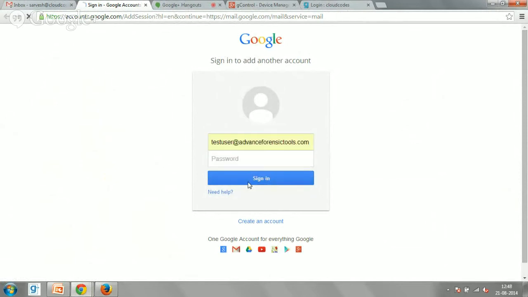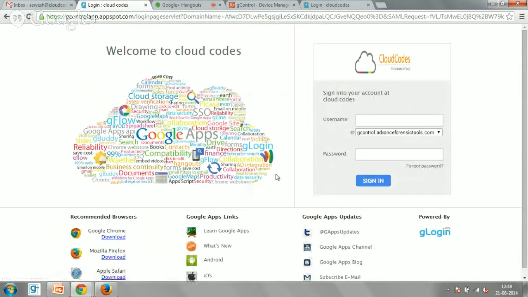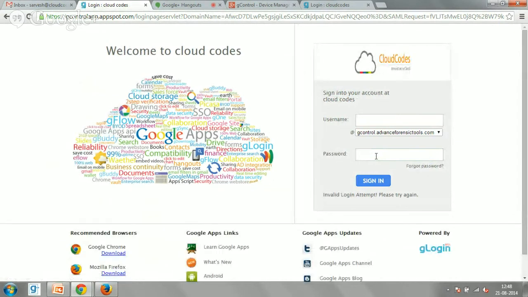So what Service is now doing is trying to log into the domain, and because this user has been applied device restriction, the user will not be allowed to log into the Google Apps domain through the browser. When we try to log in after clicking sign in, the user will receive a message.